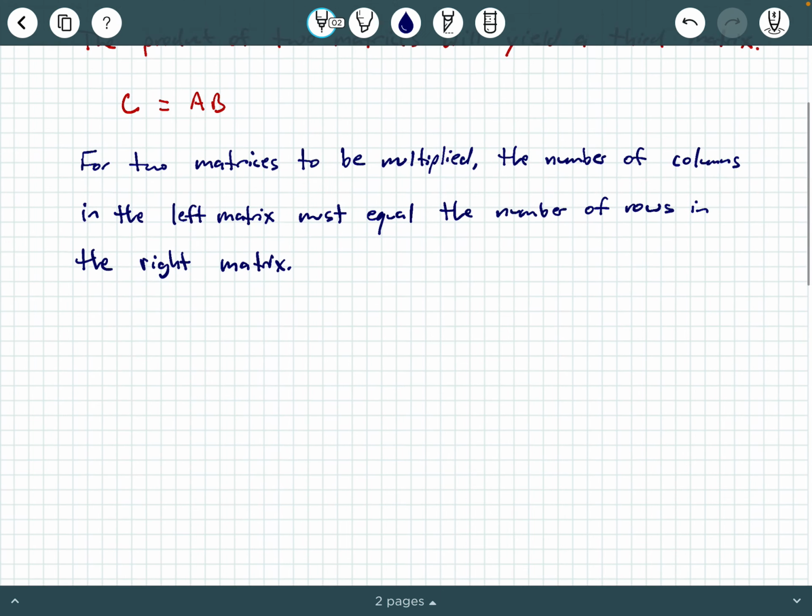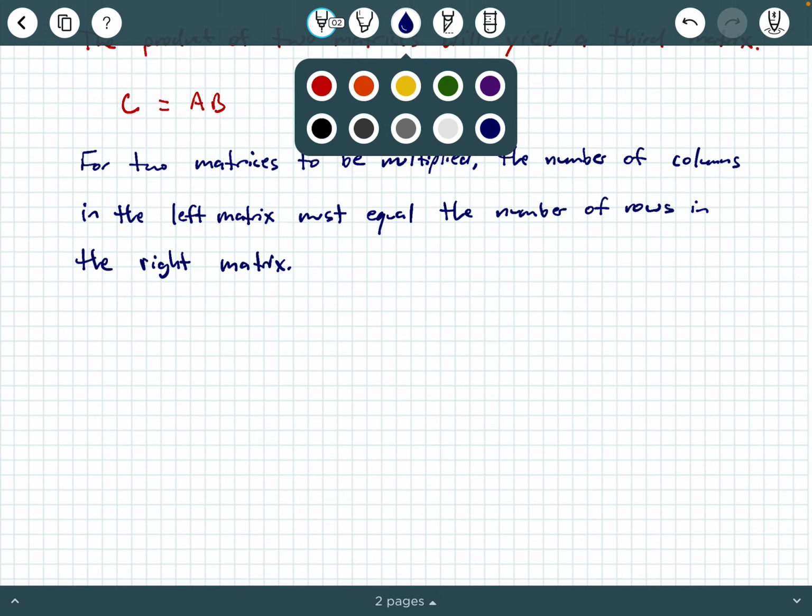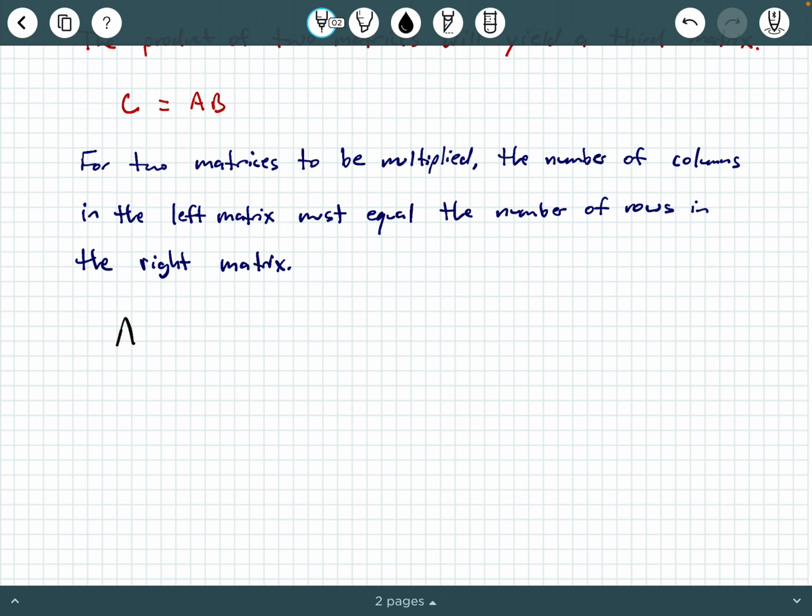So, for example, if you have a matrix A that is an n by m